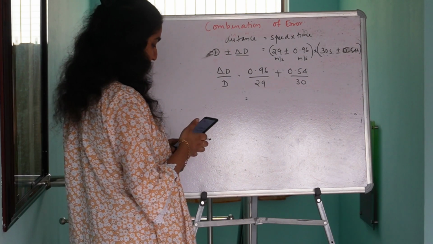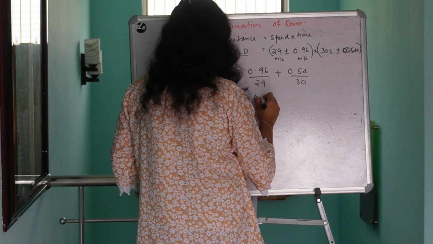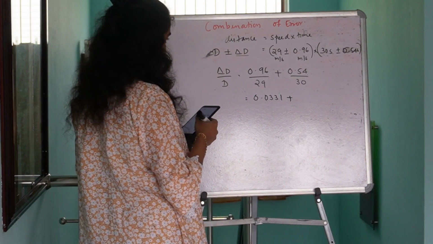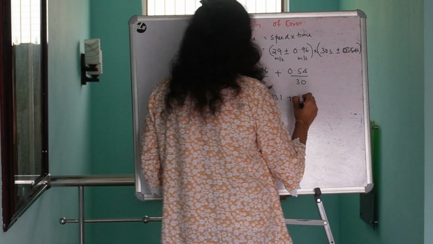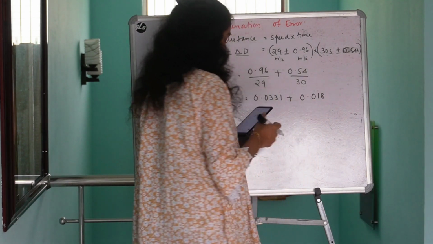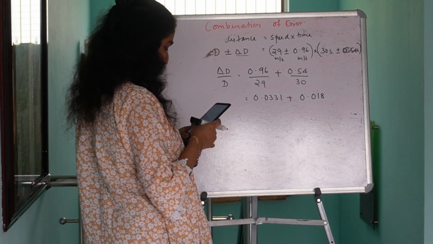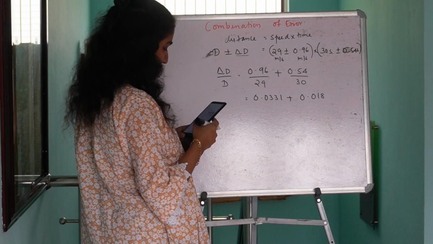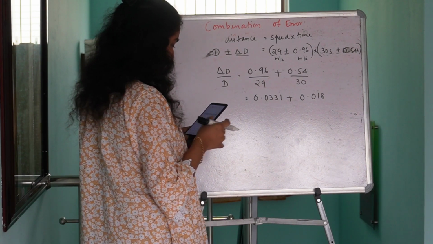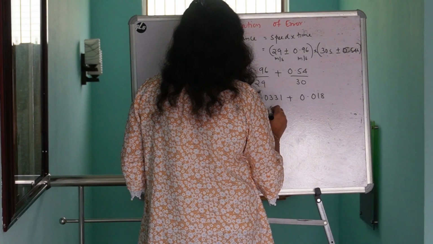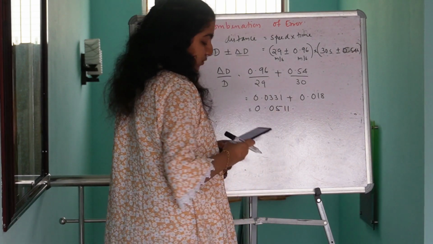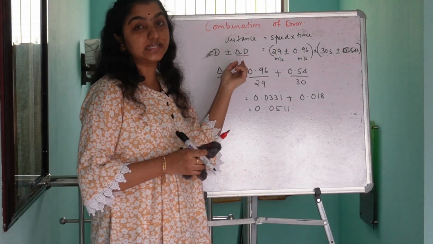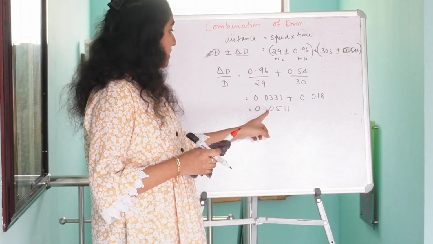0.96 divided by 29 is 0.0331, plus 0.54 divided by 30 that is equal to 0.018. So we will get the value as 0.0331 plus 0.018. We get the value as 0.0511. So the relative error of the resultant distance D is equal to